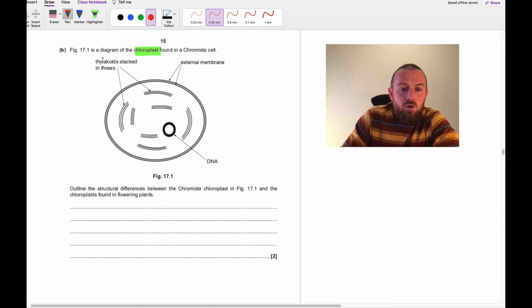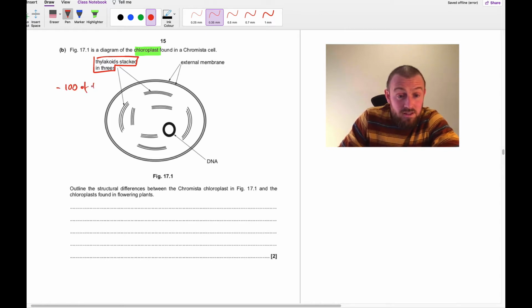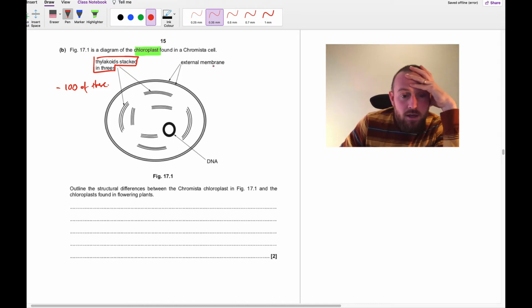Okay, well, thylakoids stacked in threes, that's no good. So a granum with 3, that's quite a small stack. In photosynthetic plants, the thylakoid might contain up to 100 of these in a granum, so that's one big difference. This says external membrane. It doesn't say 2. It doesn't say double membrane, although it does have 2 lines. That's a bit weird. Also, the other thing is there are no intergranal lamellae, because normally in